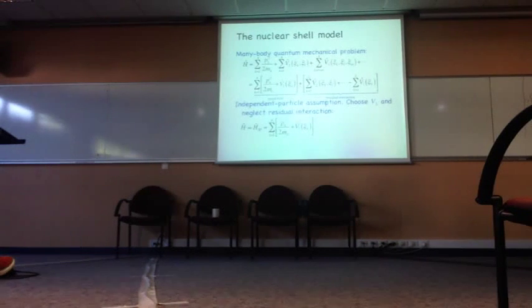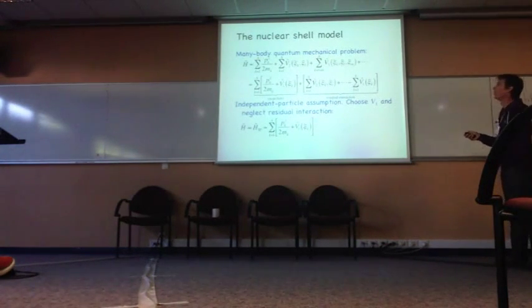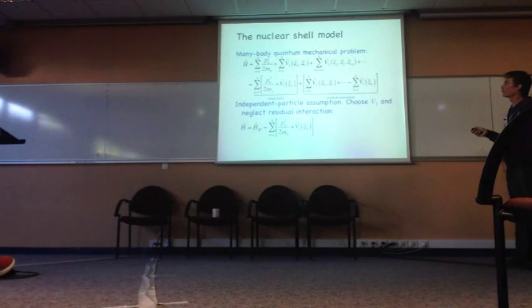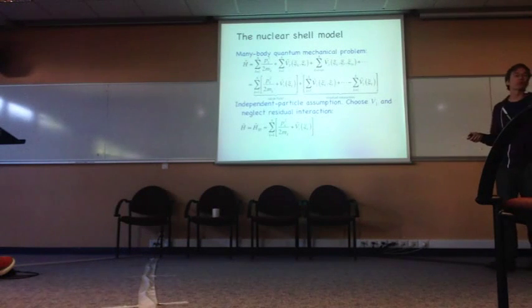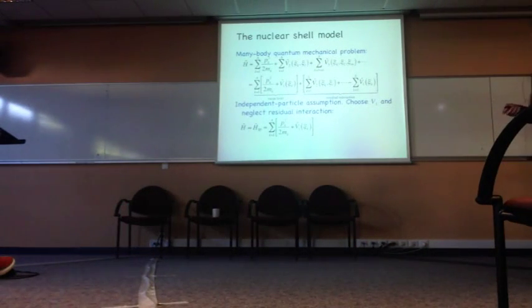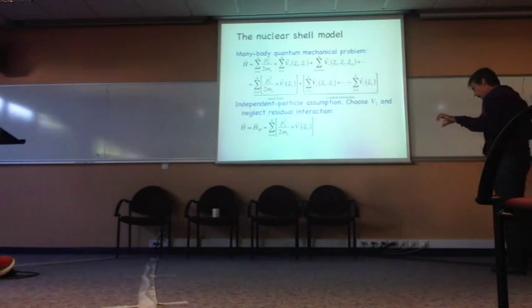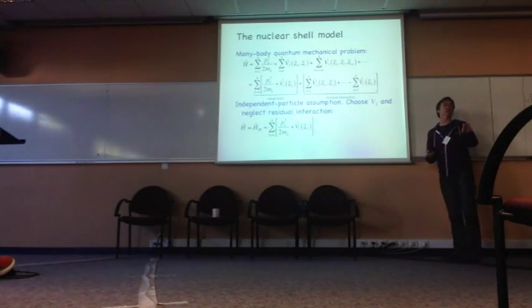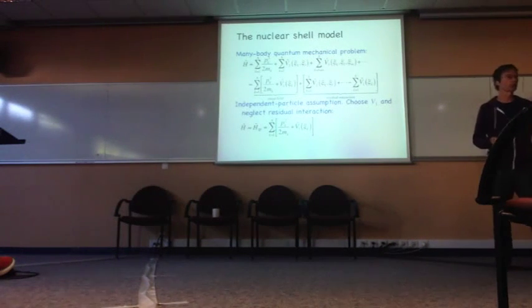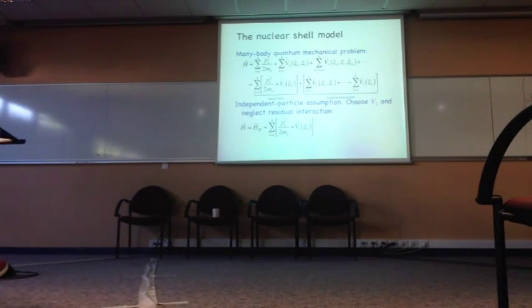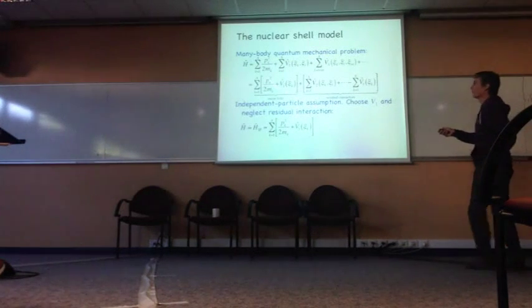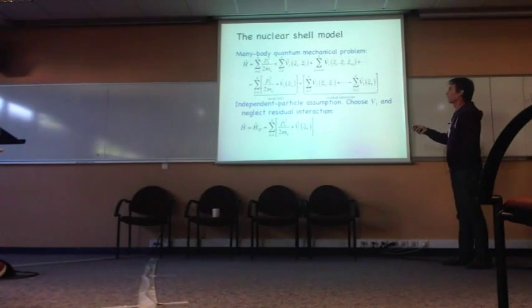the independent particle shell model. So we have the following quantum mechanical problem. We have a Hamiltonian, and the formulation is non-relativistic. So I do a non-relativistic approximation, and we consider the nucleon as an elementary particle. I'm never going to talk about the structure of the nucleon itself. And so then you have nucleons. Each of them has a kinetic energy, and then you have a two-body interaction, which acts on